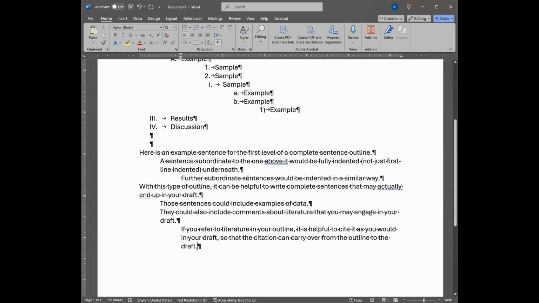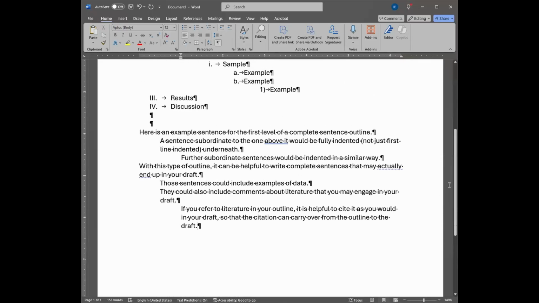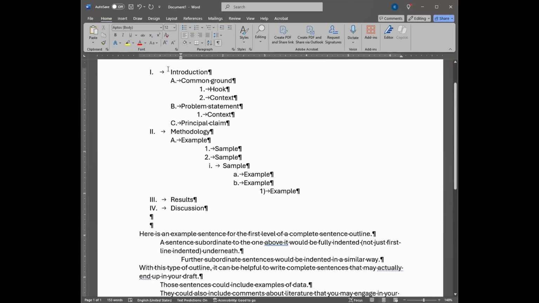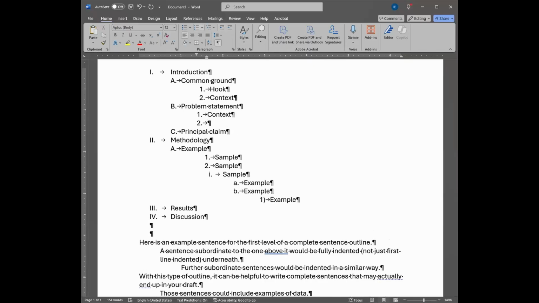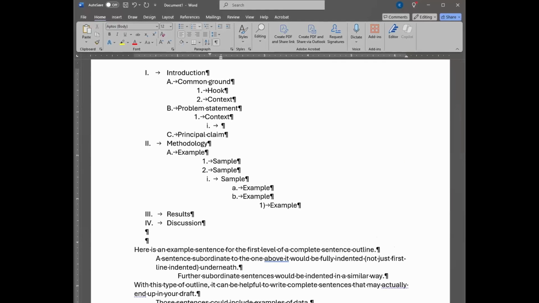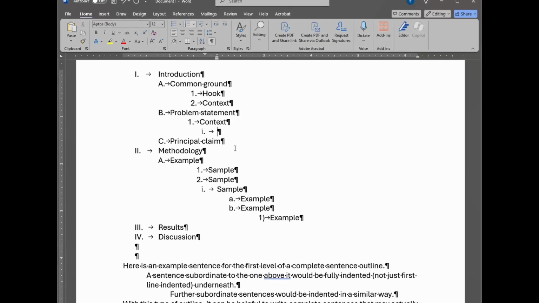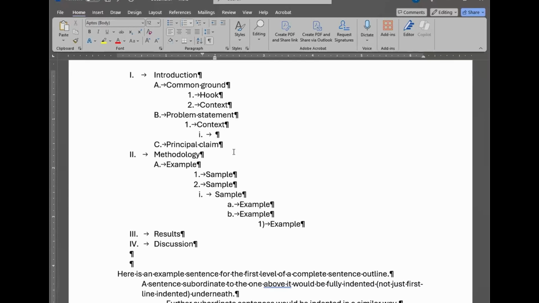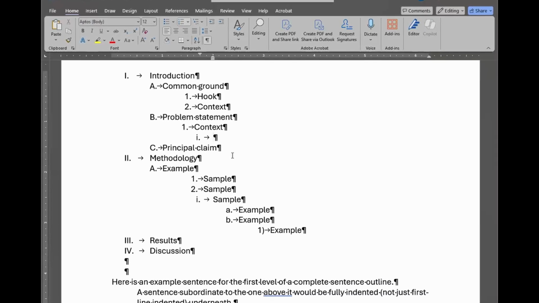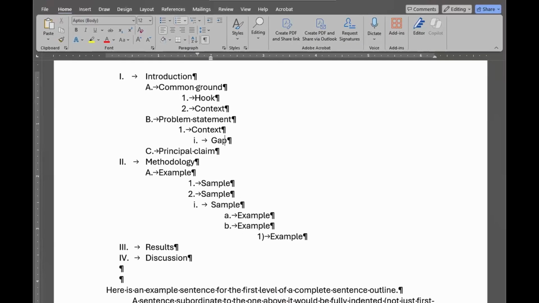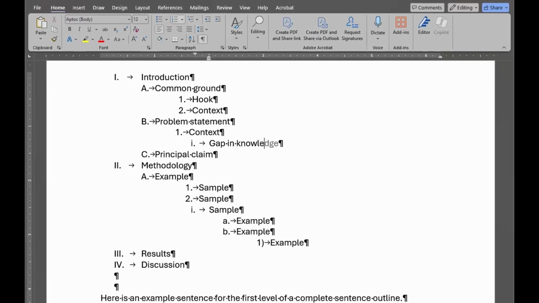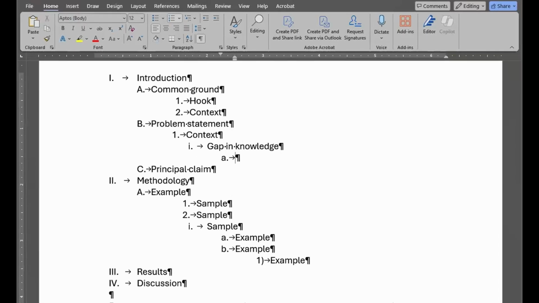Do you need a references list with your outline? No, not necessarily. But if you are going to do a full sentence outline, or even if you're going to do outlines like this, you might still refer to specific sources or articles. So you could say context, yeah, knowledge, and then here you could have